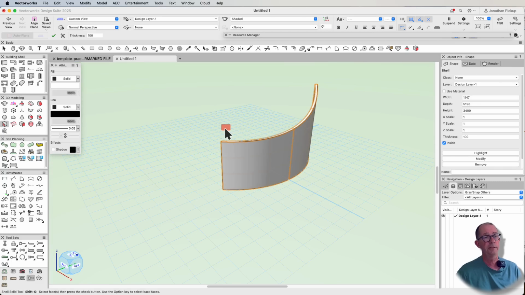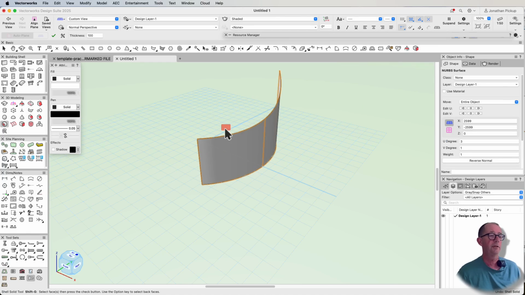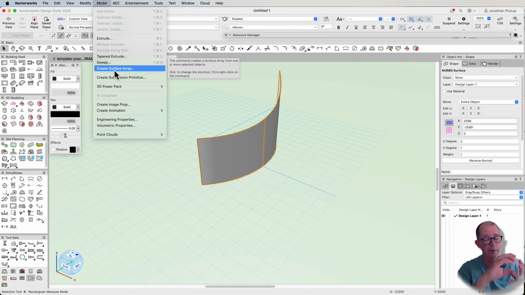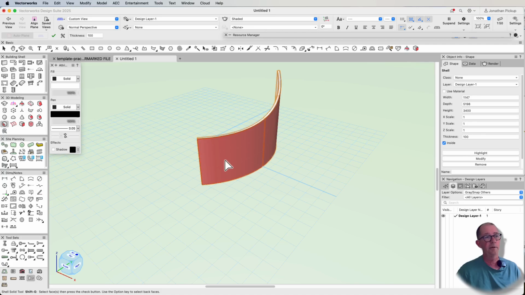Once you've got this as a NURBS curve, so before we shell it, let's just go back a little bit. When it's a NURBS surface like this, you can still do lots with it. So you can do things like use the model and create surface arrays. If you need to create a bunch of things on here, you can do that. It works really well. But the person on the forum required this to be a shell,